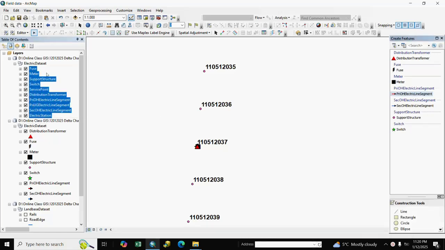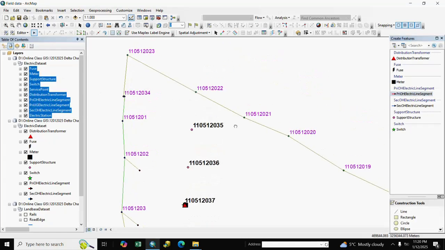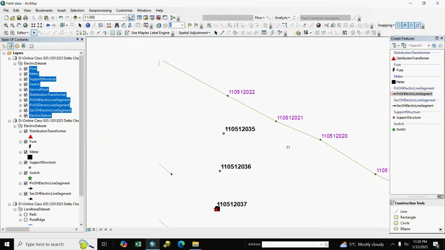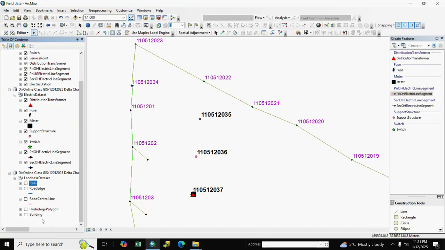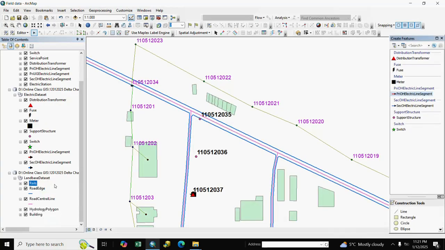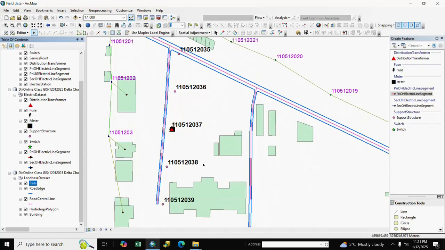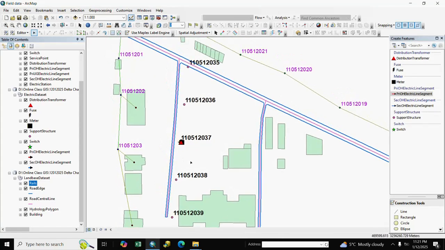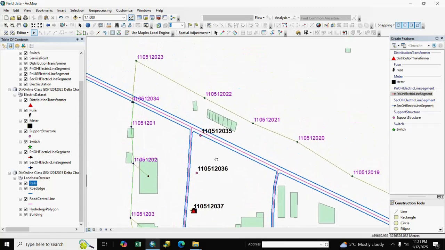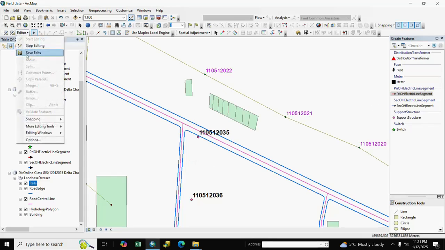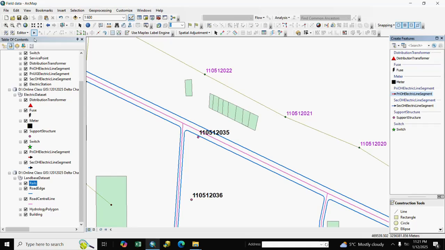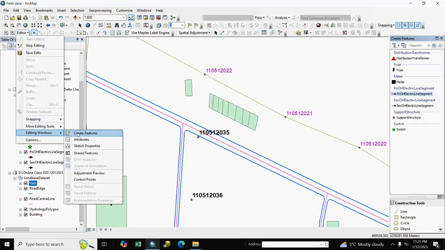Here is the old data, our master data, with the old pole and network, all features, and we also add the land base: center line, hydrological, building and road, and we make an insert file. So we start editing. We have already started editing, and after that we go to editor, create window.